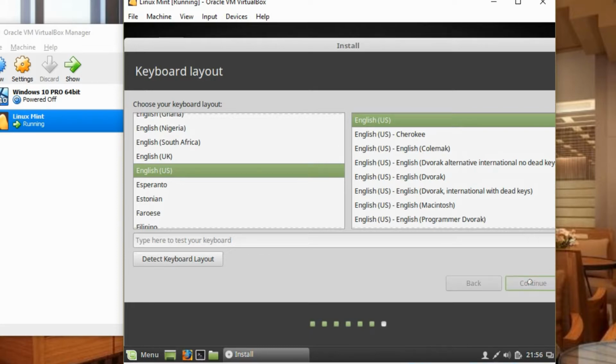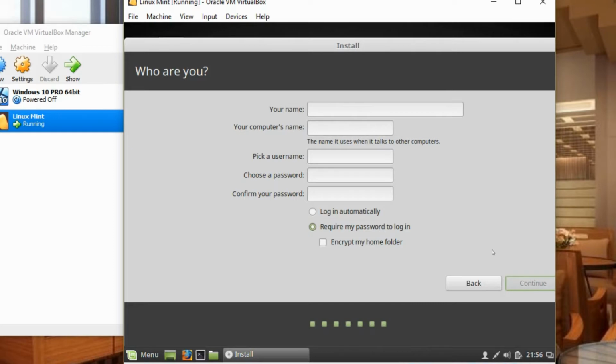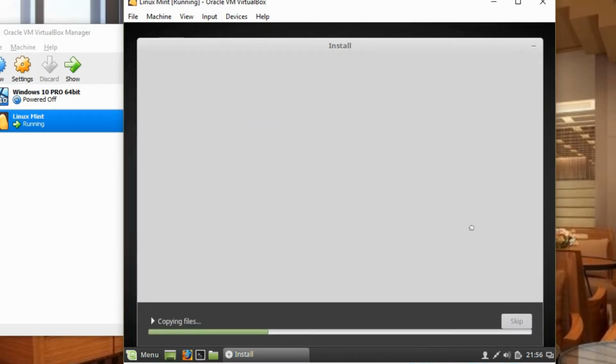A lot of this stuff's obvious here. You can choose your name and the computer name, how you want it to appear. Create a good strong password for yourself as well. And then you can choose if you want to have it log in automatically when it boots up, or to prompt you for a password every time. It's a good idea to have it prompt you every time, because that way what you keep entering every day you're not going to forget.